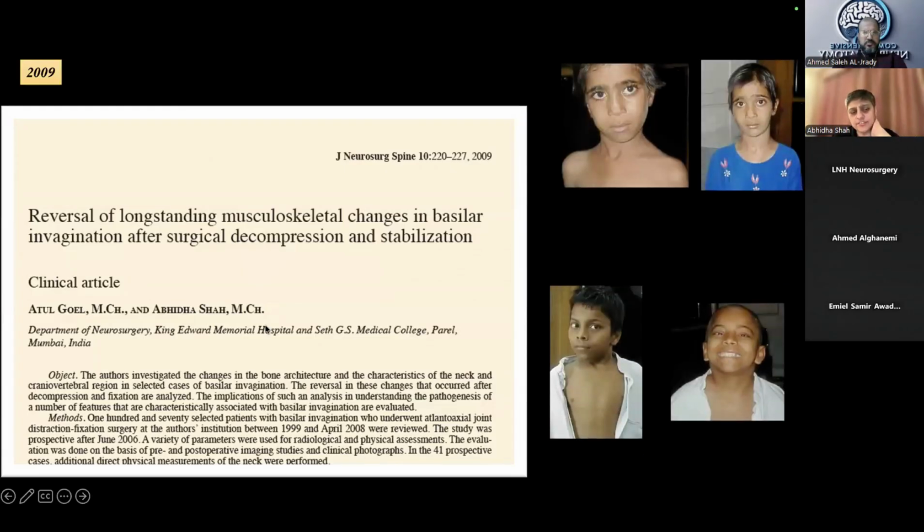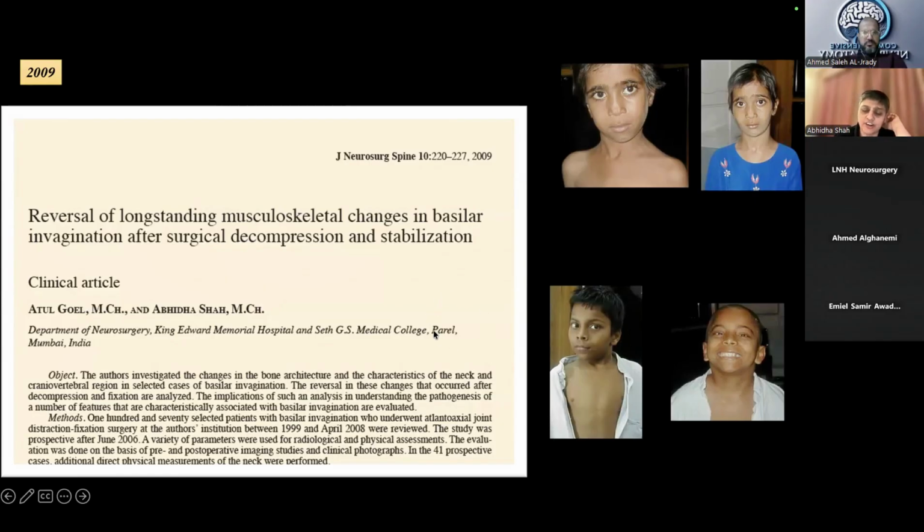While doing this, we realized that a lot of these musculoskeletal changes in basilar invagination reversed after the fixation. So patients with a torticollis, patients with a short neck, immediately after the surgery, you can see that the length of the neck has increased, the torticollis has reversed. Again, you can see in this patient the torticollis and the short neck,